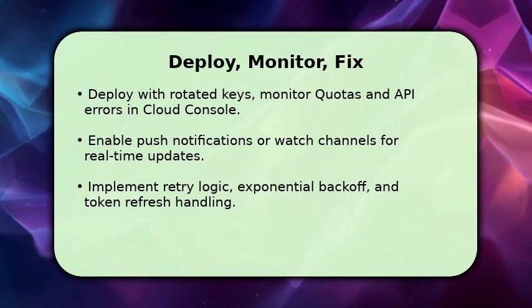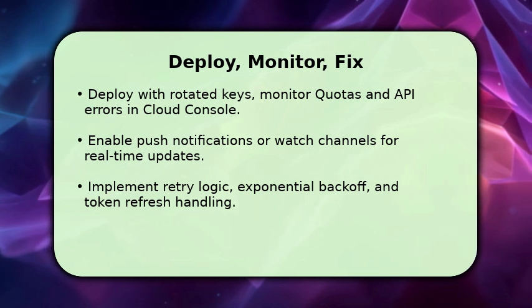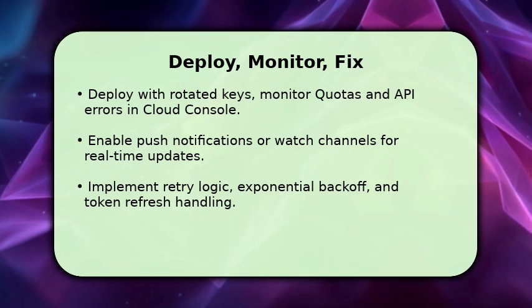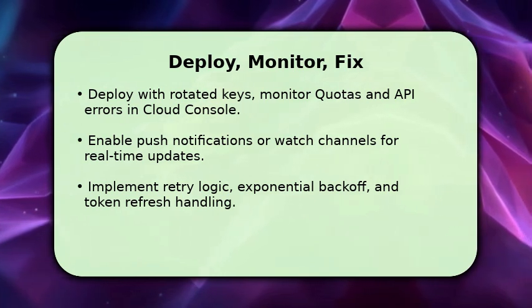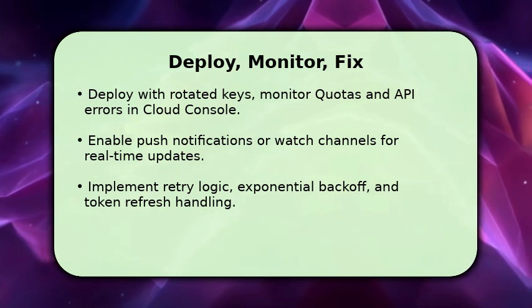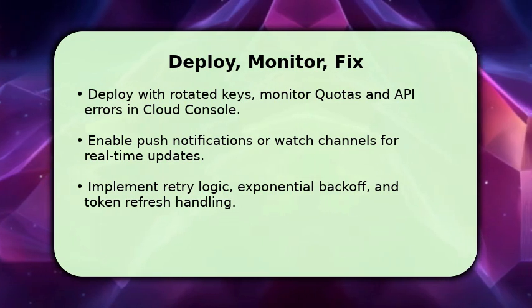Enable push notifications or watch channels for real-time calendar changes, and ensure you renew watches before they expire. Finally, implement retries with exponential backoff and robust token refresh. Troubleshooting tip. If you get 401 or insufficient scope, revoke cached tokens, rerun the consent flow, and confirm the